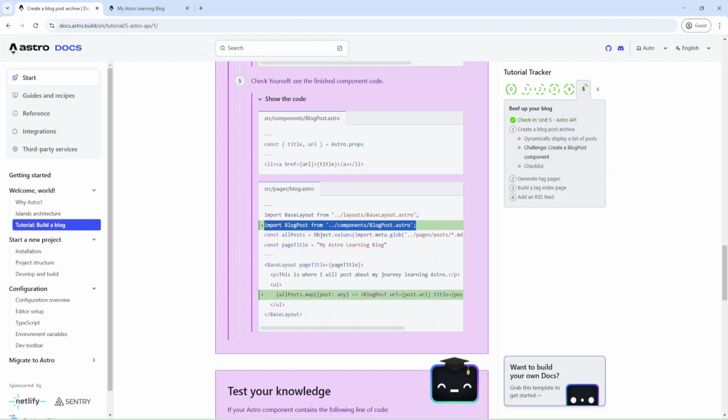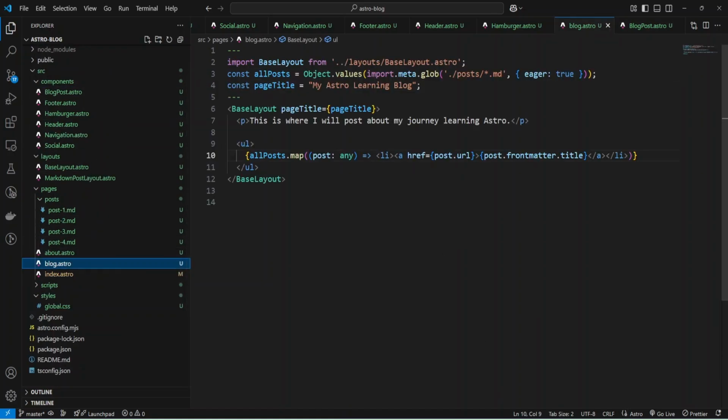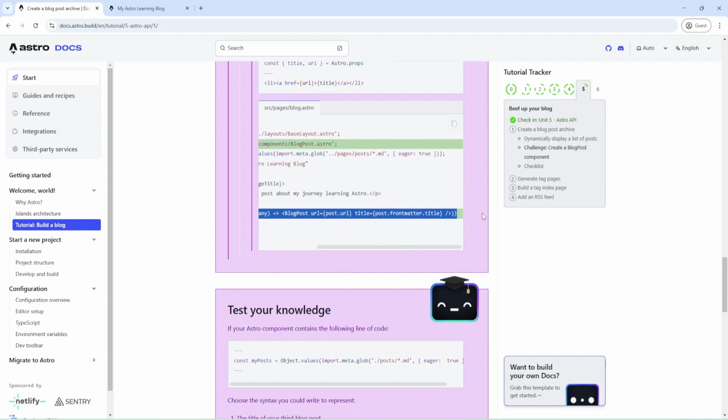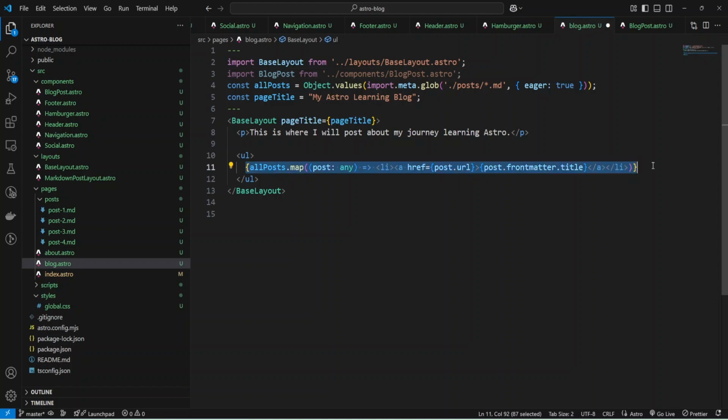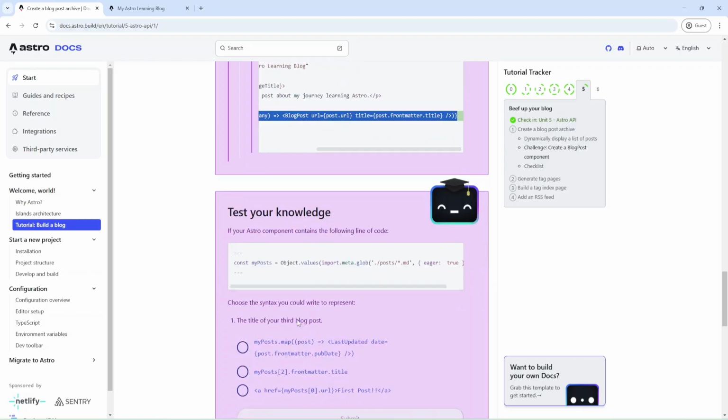Okay, I'll import this component inside my blog, below the base layout, and I will change all posts. And our code now contains this blog post component that we added.